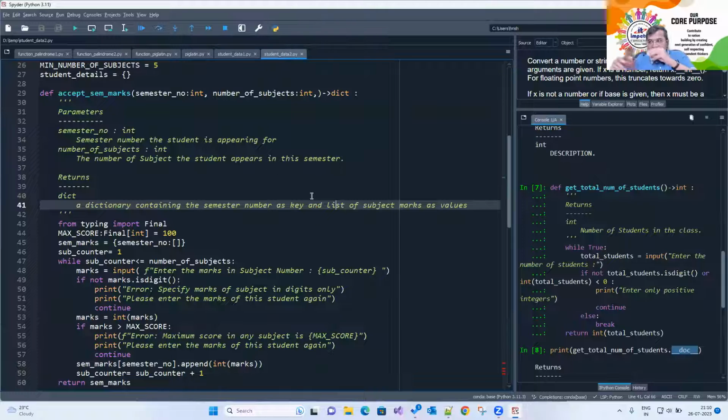What will happen is the user doesn't have to remember whether the key is semester 1, SEM1, S1, number 1, 2, 3. That's better. Last time it was only about 2 semesters. So we're very clear there are 2 semesters. We can use this function to add marks for any semester, 3rd semester, 4th semester, कितने भी semesters के लिए